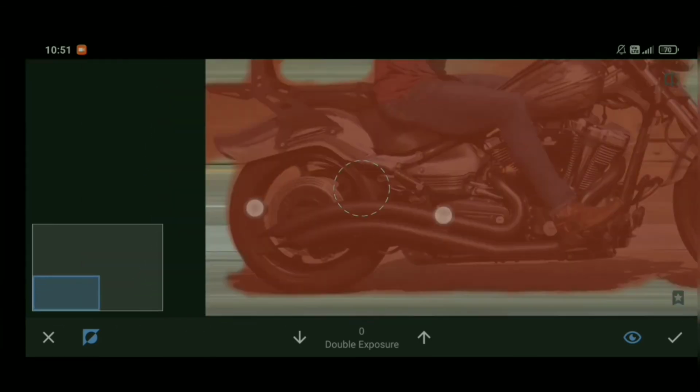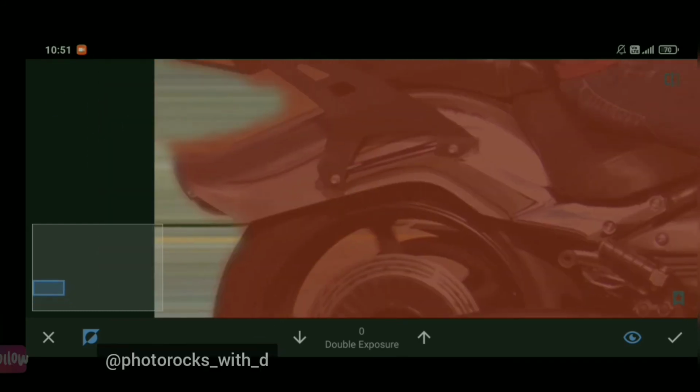Okay, I'm almost done brushing the bike rider, and for the last step,